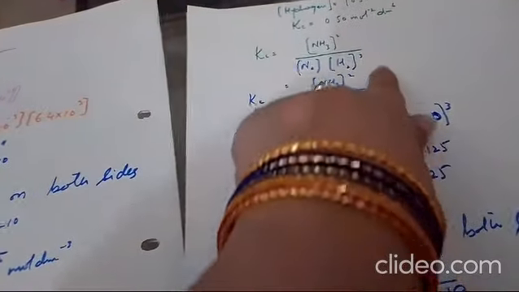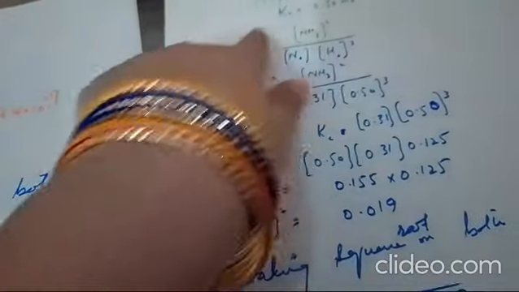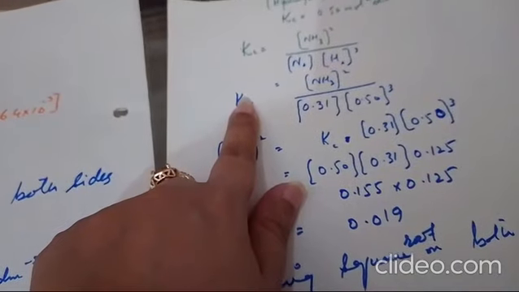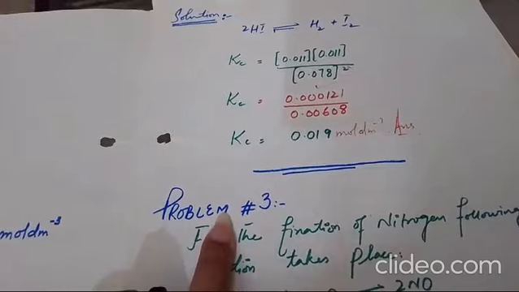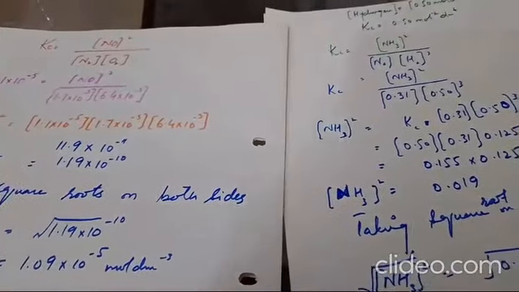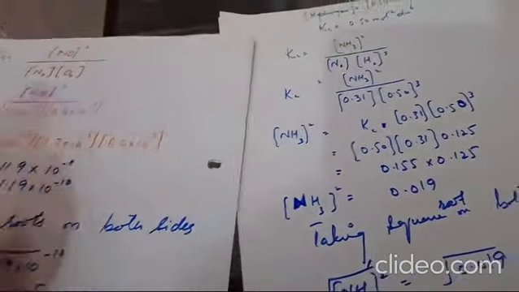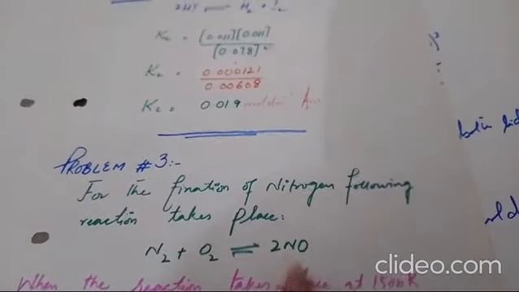So by interchanging the values here, we can find the molar concentration of any reactant or the product. And problem number 4 and problem number 3 are similar in their method, because in both problems what we have to do is find the value of the product, NO squared, and again in this one NH3 squared. So in this way